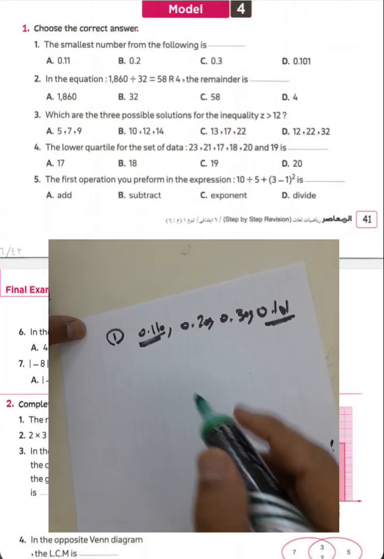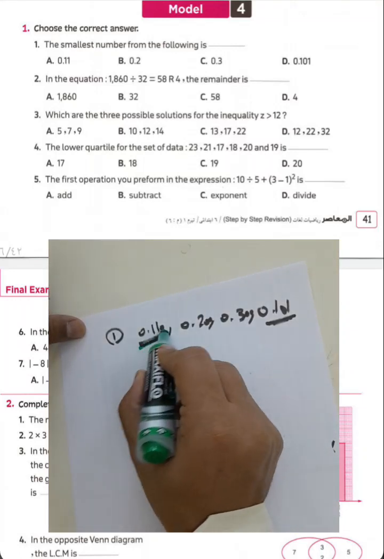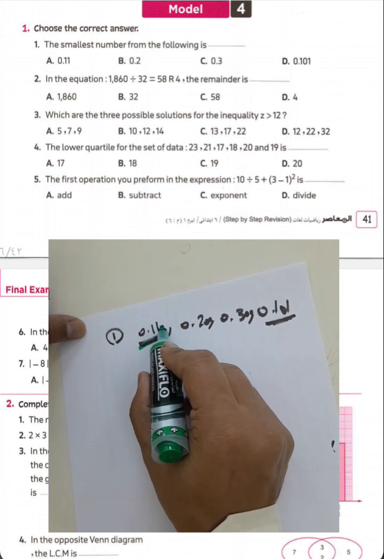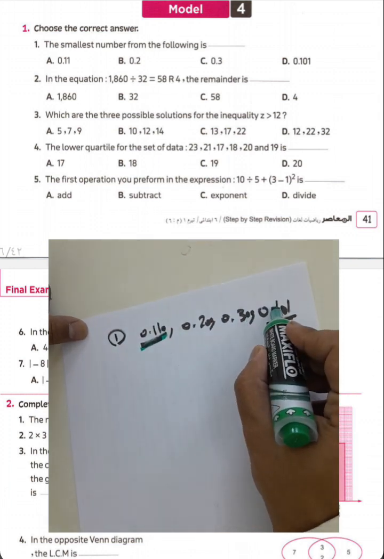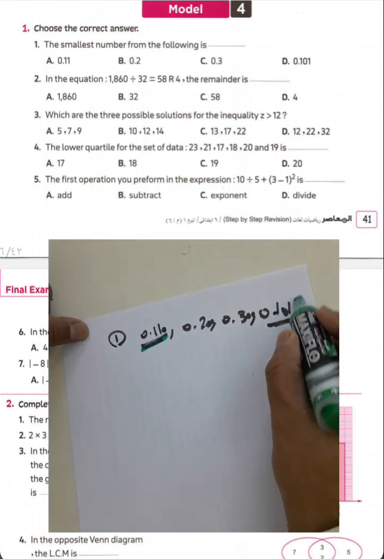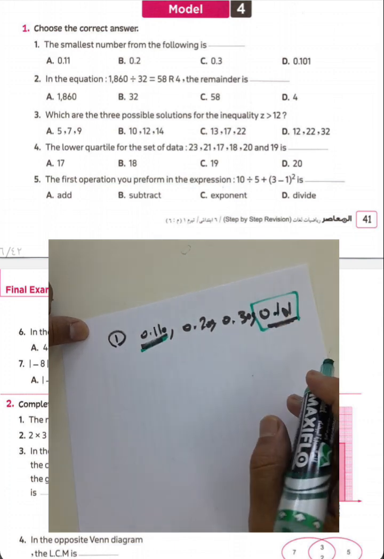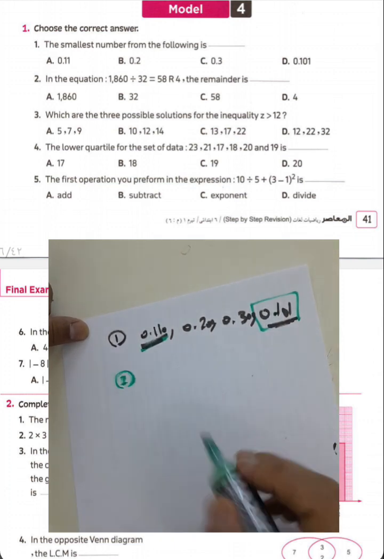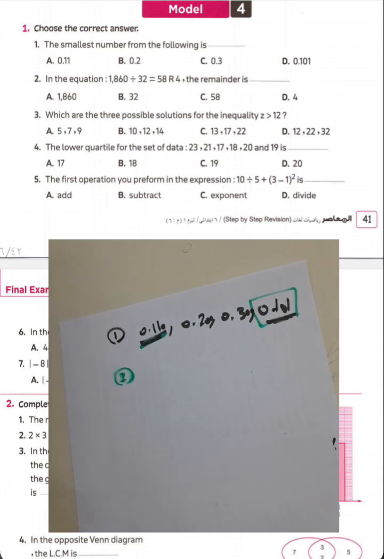To find the smallest number from the following, we must put 0 behind this number and double 0 here, and then 0.101 is the smallest number. Choose letter D. Question number 2. In the equation